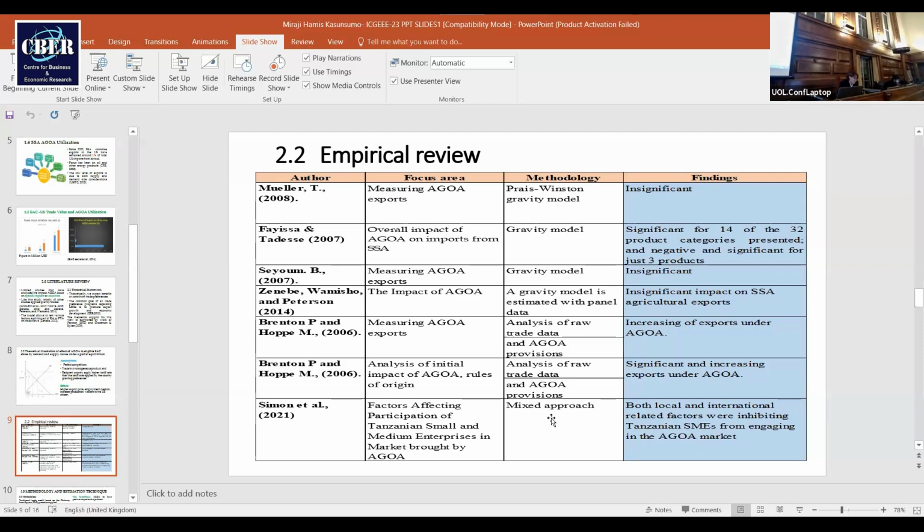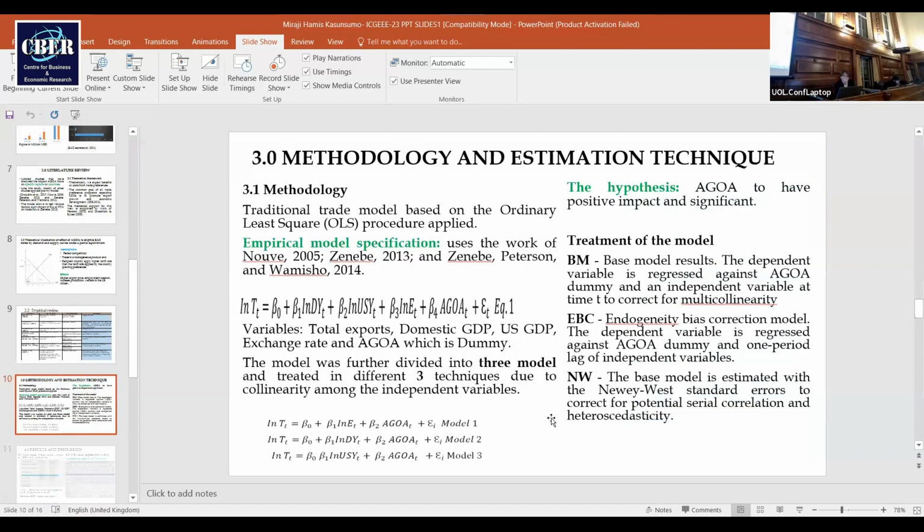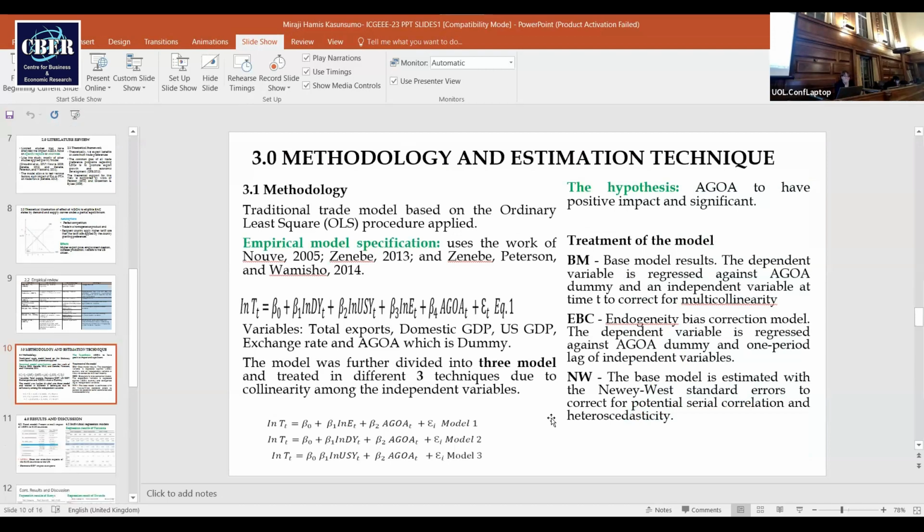On the methodology, I use a traditional trade model based on ordinary least squares, commonly known as the gravity model, which is specified